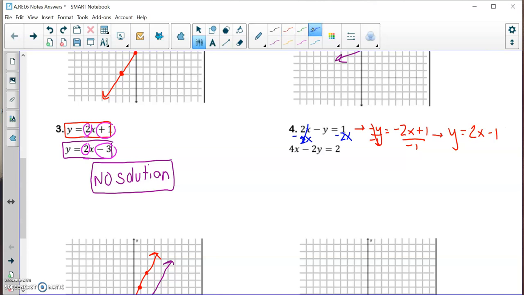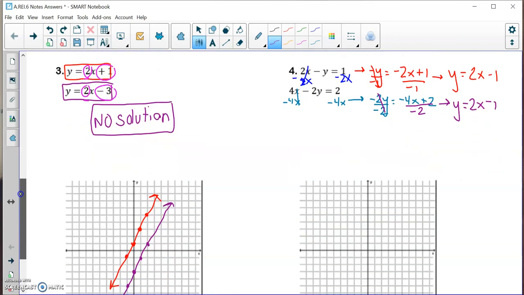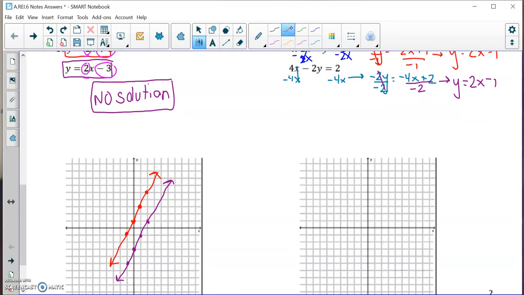Now I'm going to do the bottom equation, which I'm going to start off by subtracting 4x from both sides. I have a negative 2y is equal to a negative 4x plus a 2. And then I'm going to divide by negative 2 on both sides. And I wind up with y is equal to a positive 2x minus the 1. So my red equation, I have a y-intercept of -1, and I have a slope of 2,